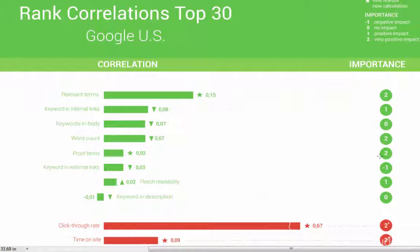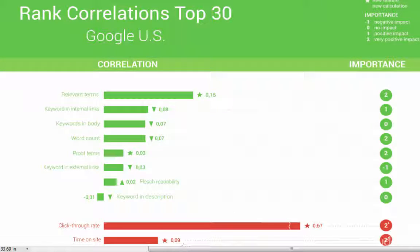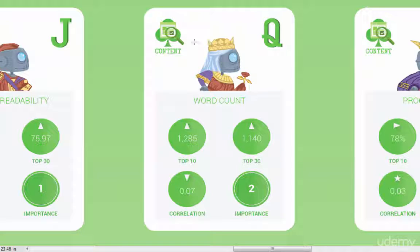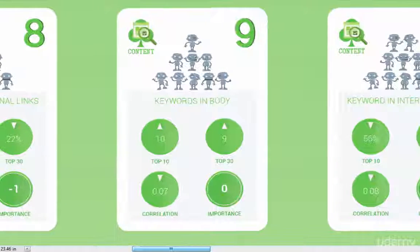Now, if we go back to the study one more time here, you can see that word count is extremely important for your search ranking. And in Searchmetrics infographic here, the top 10 pages in the search results had an average of about 1,300 words. And then if we scroll over a little bit to the left here, you can see that only 10 instances of the keyword being searched for were actually in the article or the piece of content they'd created. So less than 1% of the time you're going to have the actual keywords that people are looking for within